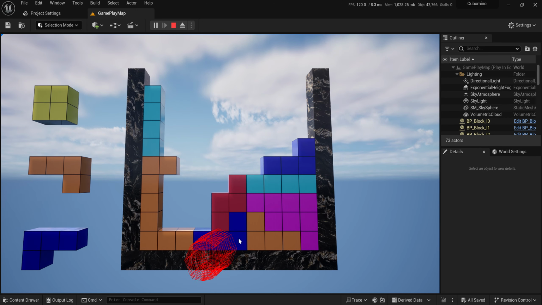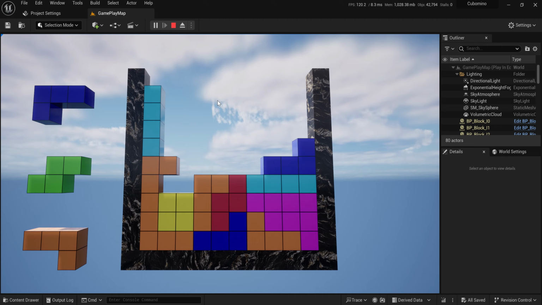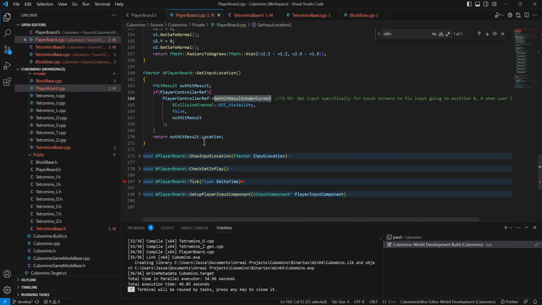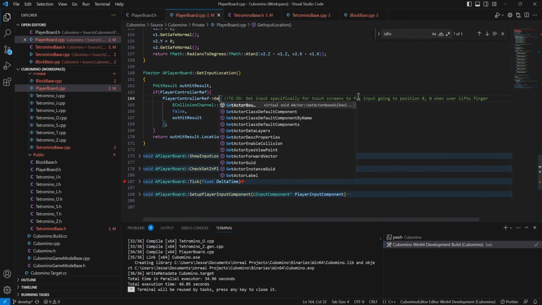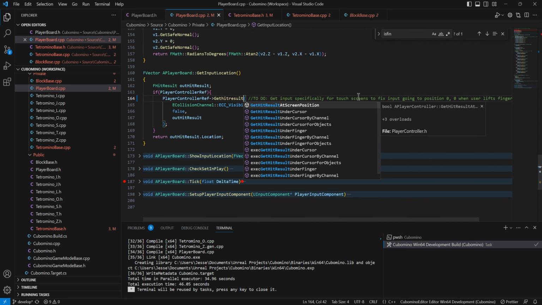So obviously that's not ideal. It's not the intended behavior. And what I need to do is have platform-specific logic here. So here we have a get hit result under finger, and it allows you to choose, since